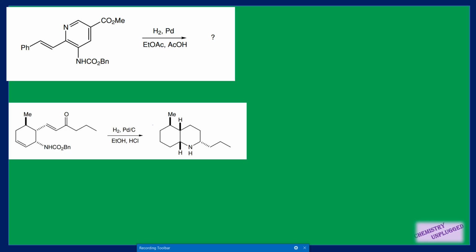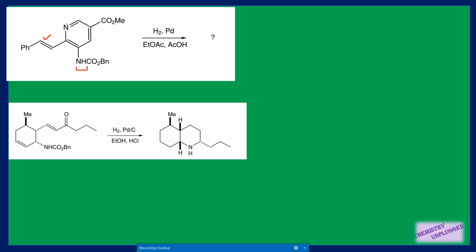So this reaction is very simple, that we are taking here only palladium, and we know that this palladium will reduce this double bond, right? This ring will remain unaffected, this ester will remain unaffected, and the nitrogen oxygen bond will undergo hydrogenolysis and an amine will form here. If you have watched the video on these palladium and nickel and other metal based catalysts, then you can easily do this one, right?